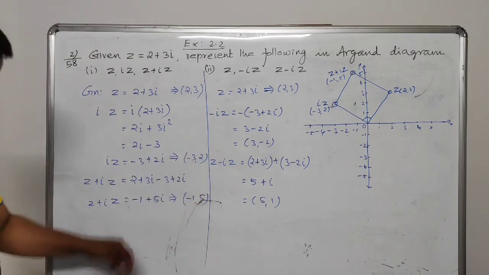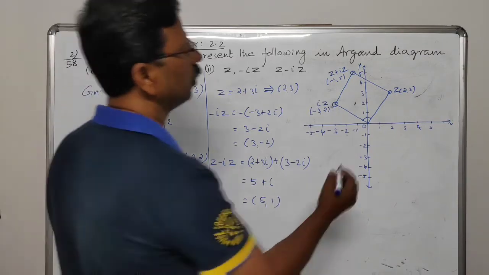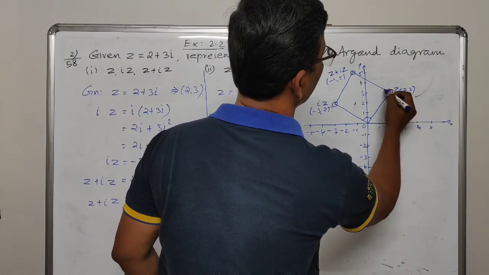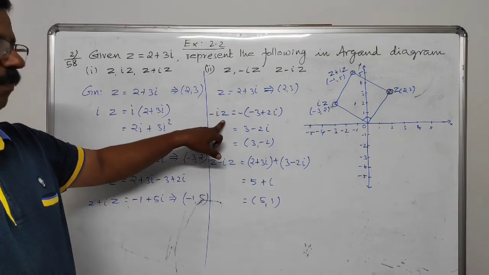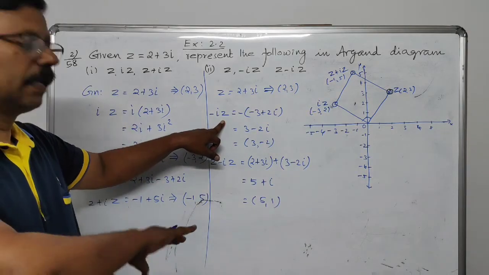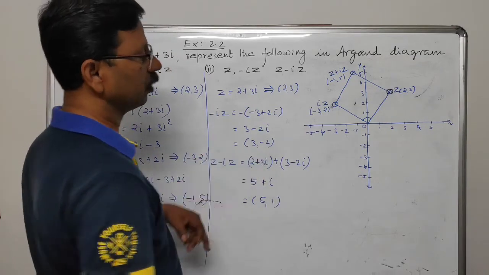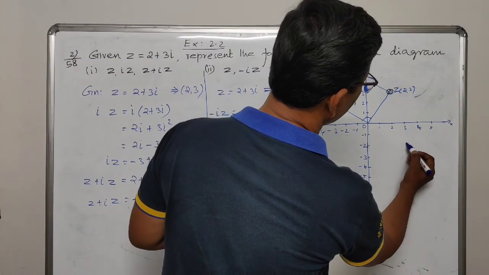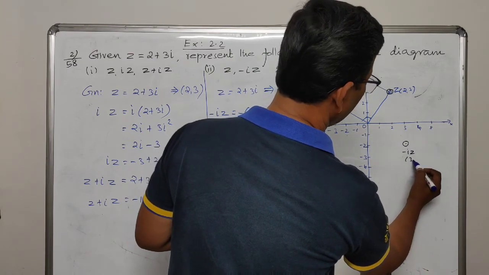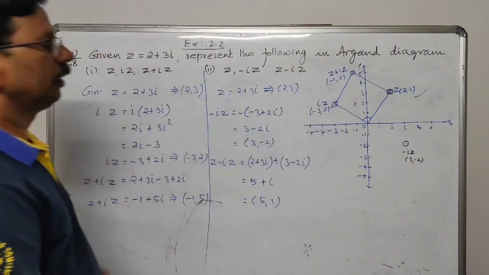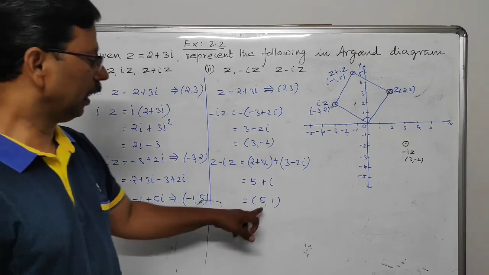Okay, now if you plot these things in the diagram, I'll use a different color to plot this. z is equal to, again, 2 comma 3 only. This is the first point. Already we have plotted. Then after that, minus iz will be just directly opposite to iz. Therefore, here, what's the point? 3 comma minus 2. This is minus iz. The coordinates are 3 comma minus 2. Then after that, we can go for z minus iz. z minus iz means 5 comma 1 lies in the first quadrant.